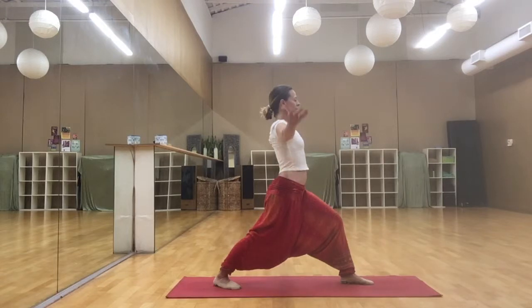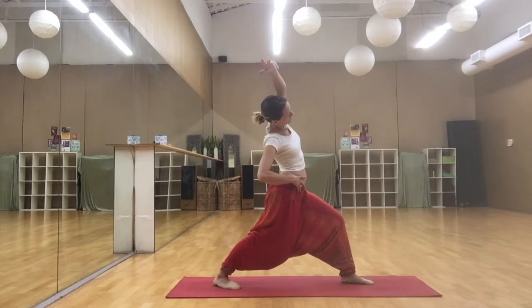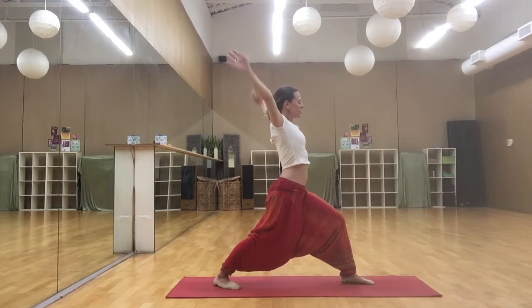Breathing deeply. You might like to lift your arms up. And maybe not. Maybe you like to just keep your arms down at your hips or lift one arm. Or the other one, or maybe try each one. Just reaching ever so slightly across my body, giving myself a little side body stretch, and then reaching down to